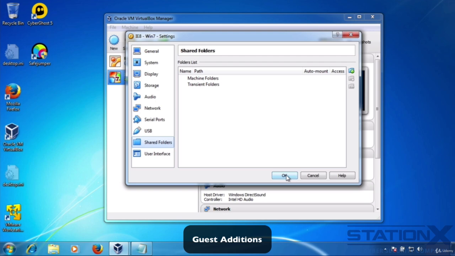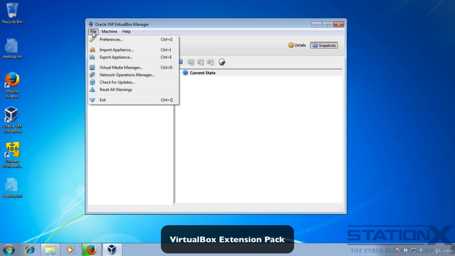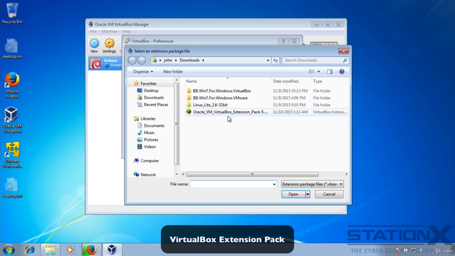So that's guest additions. Now you also need to install the extension pack for VirtualBox. And remember, this is for USB 2 and 3 controller support, virtual RDP, VM disk image encryption, but you can Google it to find out more about what it supports. But basically it gives you the full functionality of VirtualBox. So if you go to File and Preferences and Extensions, click here, select the extension file which you downloaded, which is this,